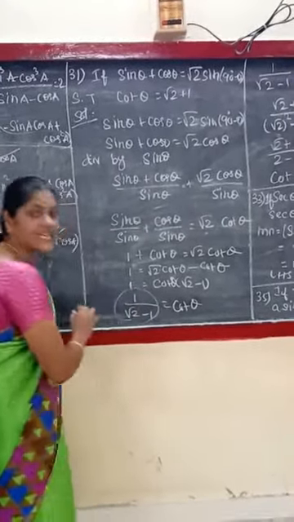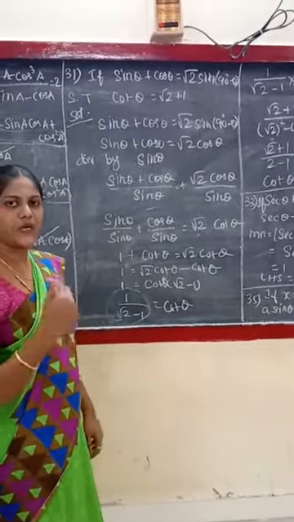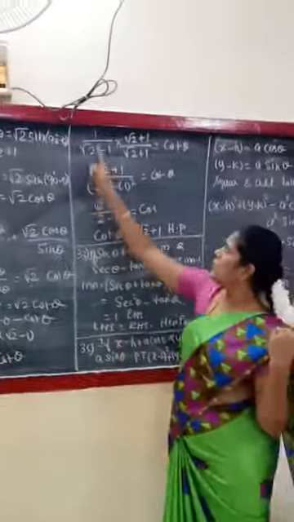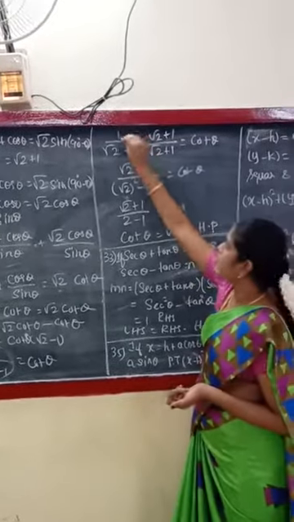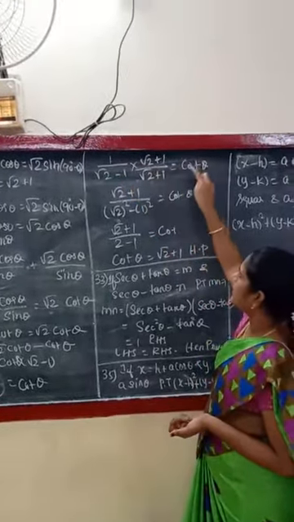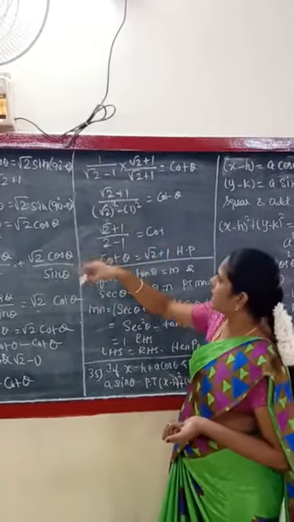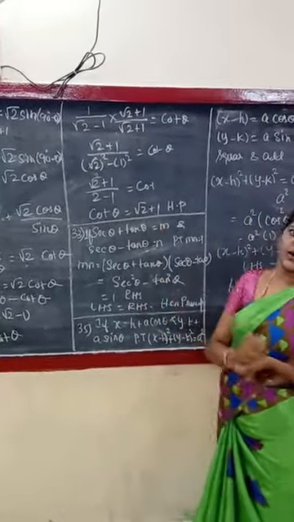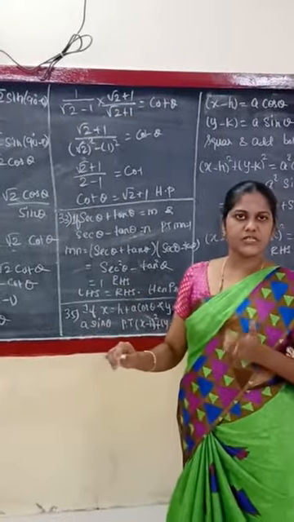It's a rationalization. So for rationalization, what do we need to do? We need to take the conjugate. How do we take the conjugate? Listen: 1 by (root 2 minus 1) into (root 2 plus 1) divided by (root 2 plus 1). Numerator multiplies with numerator, denominator with denominator. So 1 into (root 2 plus 1) is root 2 plus 1. Here a squared minus b squared: root squared cancels, 2 minus 1 is 1. So automatically cot theta equals root 2 plus 1. Is it clear, children? Next, the 32nd sum is your homework sum.